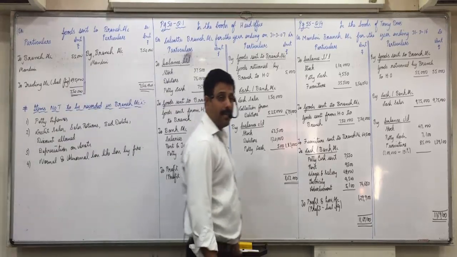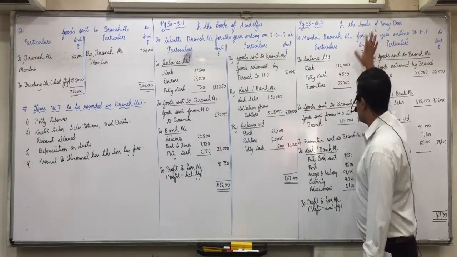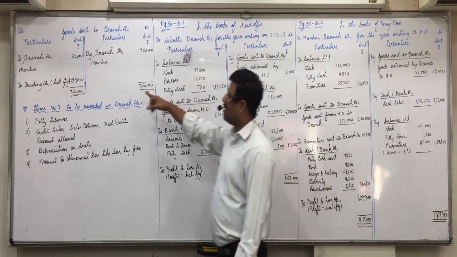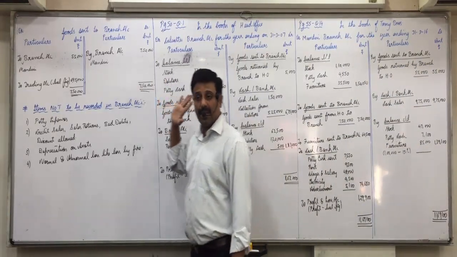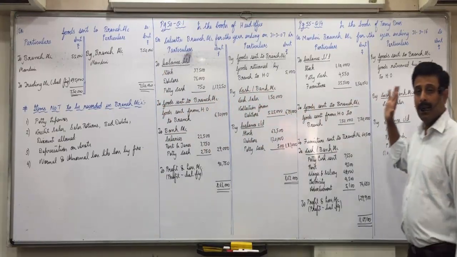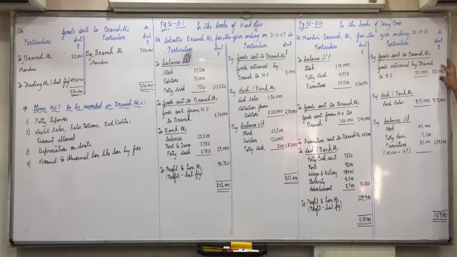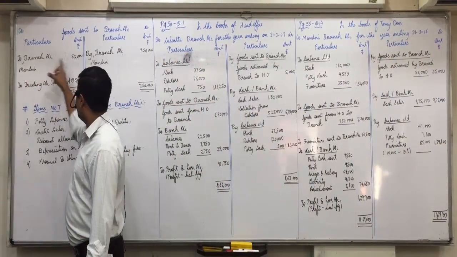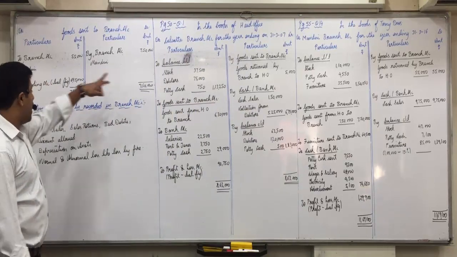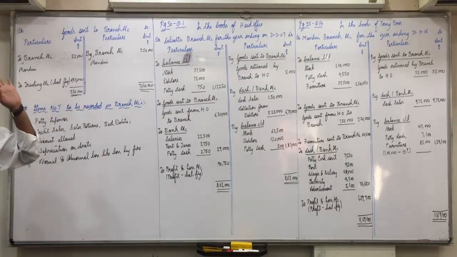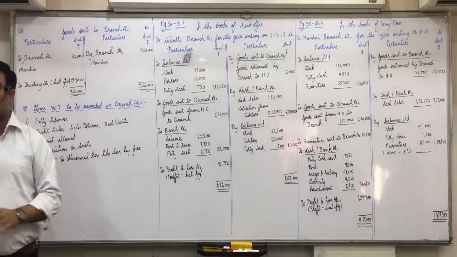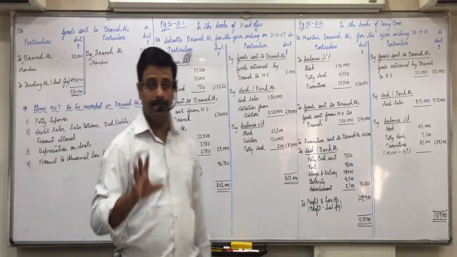I repeat it once again. In branch account, debit side goods sent to branch 7,50,000, so in goods sent to branch credit side by Mandvi branch account 7,50,000, opposite side. In branch account credit side by goods sent to branch 55,000. So in goods sent to branch account, debit side to Mandvi branch account 55,000 and the balance amount is transferred to trading account. Is everyone clear with this? Complete this. Question 2 is your homework. Okay.